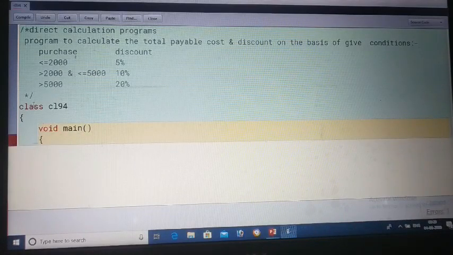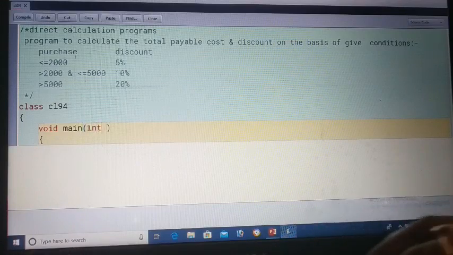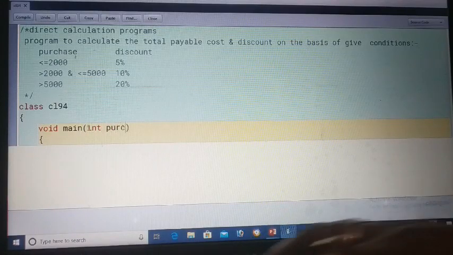We will take a purchase amount as a function argument.